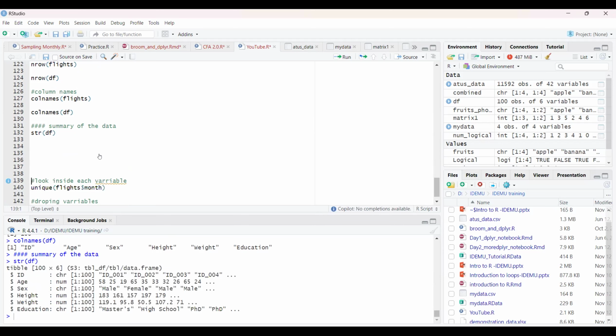So the structure of DF: we have ID is a character because it is ID 003. Age is numeric. Sex is a character. Height is numeric. Weight is numeric. And education is a character, which is fine. That's a structure. So we know how many numerical variables we have and how many character variables we have. Though education here is showing as a character,